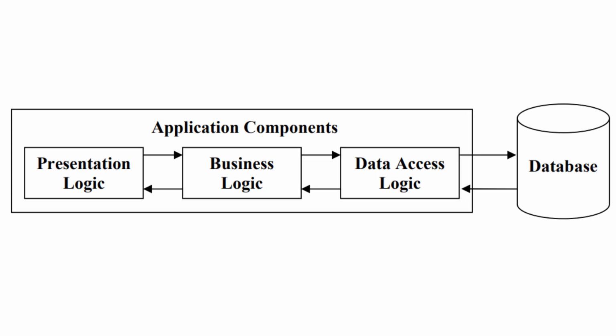The last one is data access logic, also called the data tier, which deals with database communication, accessing tables and indexes, as well as packing and unpacking of data. A web application needs a data repository to hold the organizational data. That repository could be a database or some other data storage mechanism. The code in the data tier performs various database operations such as insert, select, update and delete, as well as